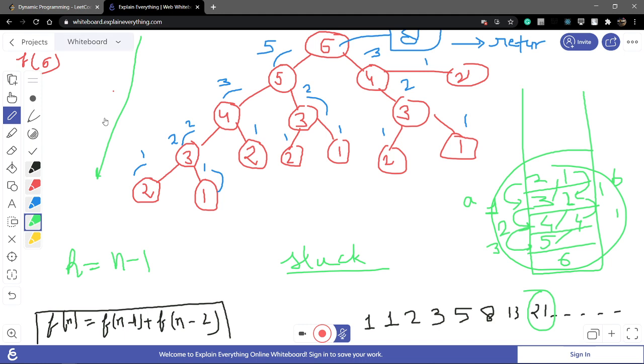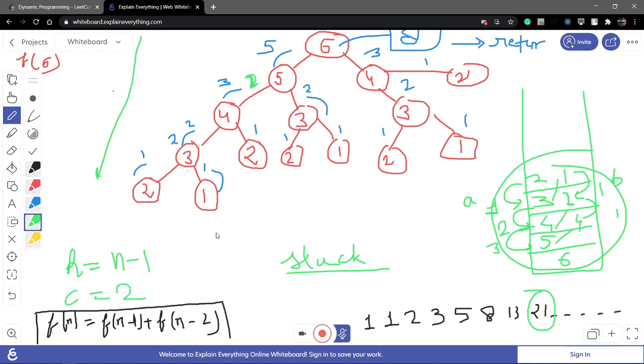Now I also have to look at this side and this side, both sides. So always to find the fifth element, we have called 4 and 3, maximum 2. We have called maximum 2. If I find the sixth element, I call 5 and 4, maximum 2. If I find the 5th, then 4 and 3. If I find the 4th, then call 3 and 2. So maximum 2 children. So the number of children is 2.